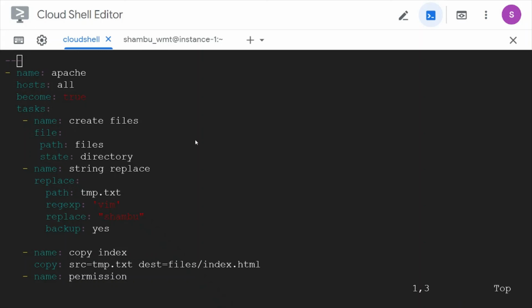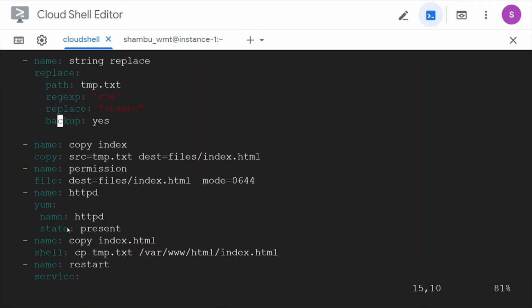And we use file, we use copy, and we use lineinfile. Here we used replace, but of course we can use lineinfile also. With lineinfile we can replace an entire line. With replace we can replace an individual string, right? And we use command and shell.